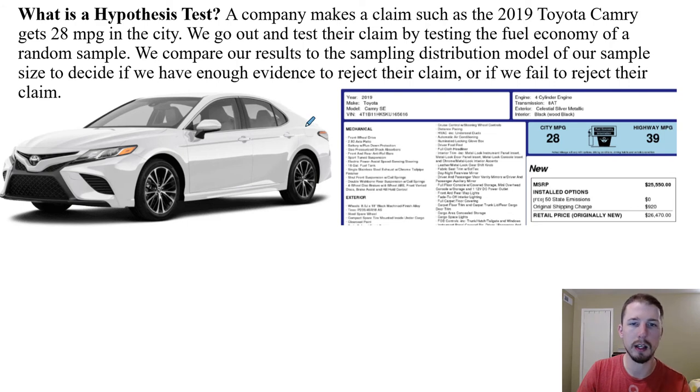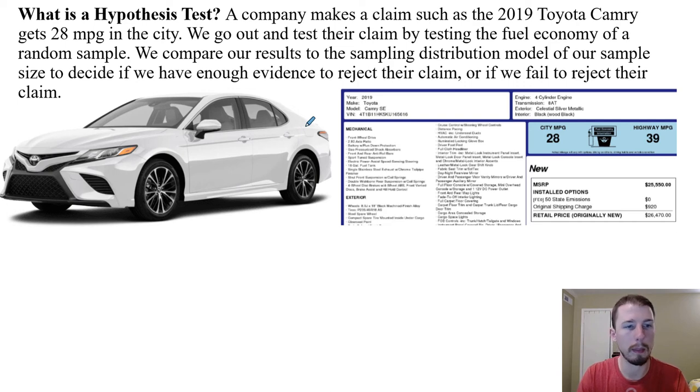All right, so what is a hypothesis test? A company makes a claim, such as a 2019 Toyota Camry gets 28 miles to the gallon. We go out and test the claim by testing the fuel economy of a random sample. We compare the results to the sampling distribution model for the sample size to decide if we have enough evidence to reject the claim or if we fail to reject the claim. So we start out with our null hypothesis, which is that it actually is the claim, 28 miles to the gallon. And then once we have a large enough sample and we notice that it's different, whether it's greater than or less than, really we'd probably be interested in the alternative that it was less than 28, since that would be when we would be affected by it. Then once we have enough evidence or a small enough p-value,